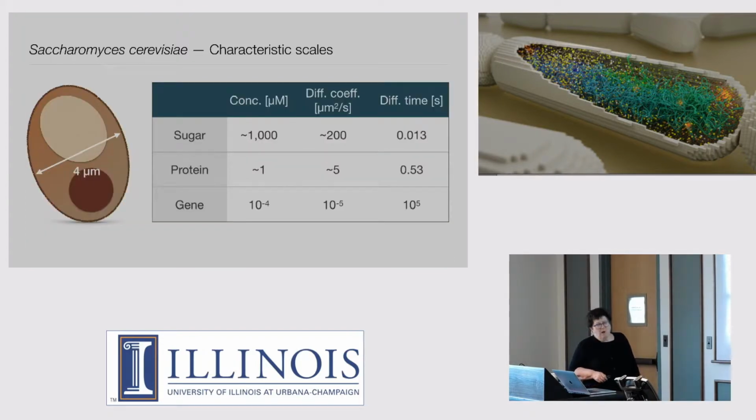And then just to remind you of the characteristic scales that are in these problems. So let's say the yeast is about 4 microns across here. And let's look at the concentrations, the diffusion coefficients, and the diffusion times of various components. So if you're a sugar, you're in thousands of micromolars, or essentially millimolar, right? You have really fast diffusion coefficients. Diffusion time is really short. You look at proteins, it's about 1,000 times